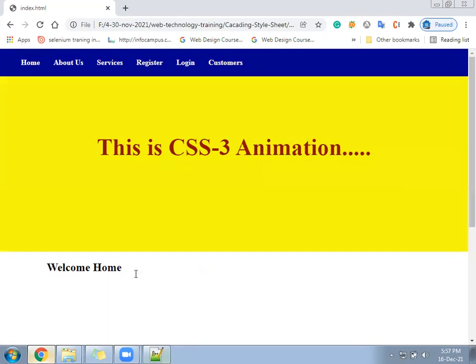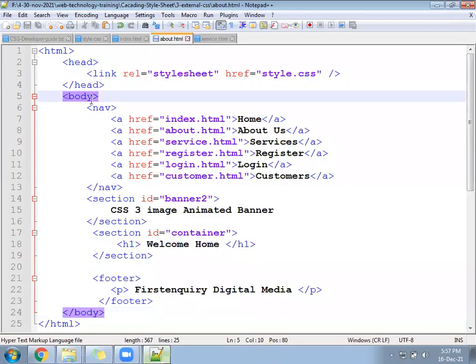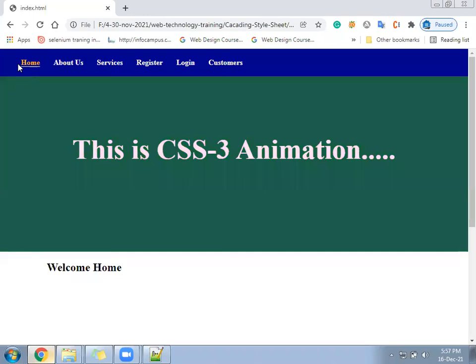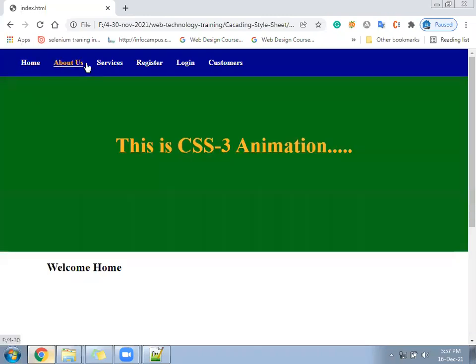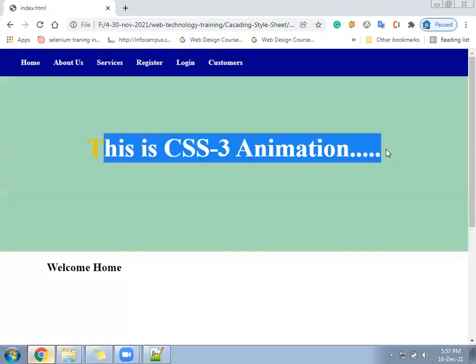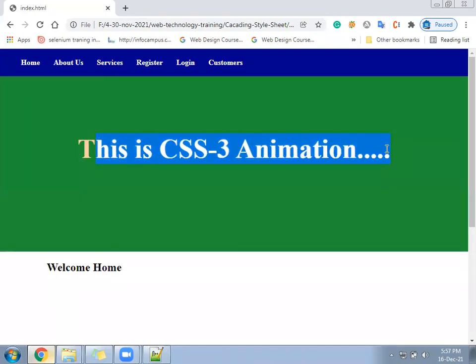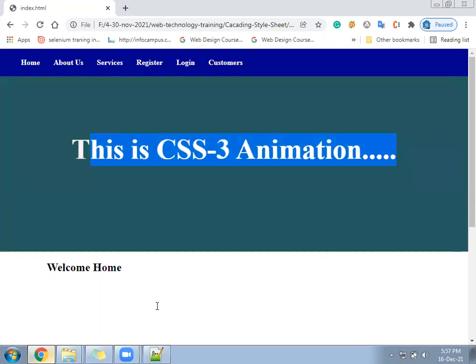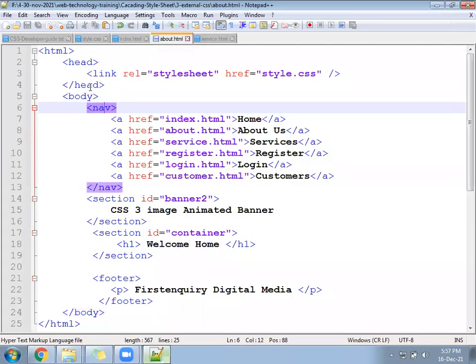Yesterday 4 files, 3 files we have given. Is it ready? Okay. Tomorrow we'll learn how to implement the icons. Font of some icon. The navigation you have created here, in this, home should have a home icon. About should have an icon. Everywhere there should be an icon. Here only text is moving. We can put an icon also, an animated icon. Okay. That will be some tomorrow task.